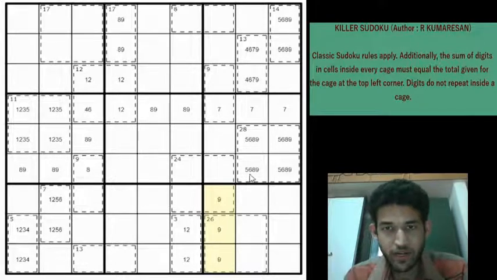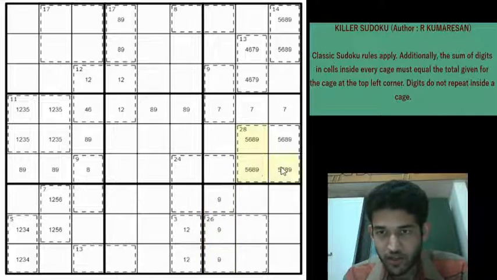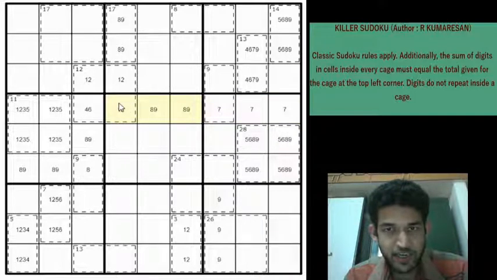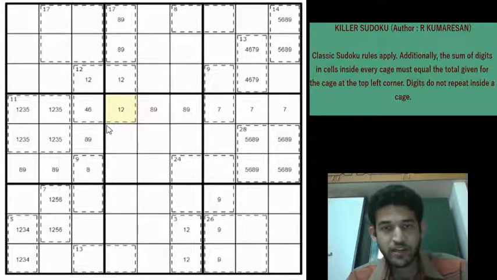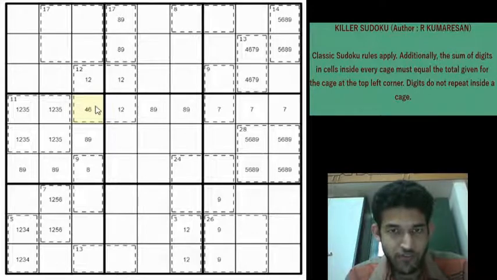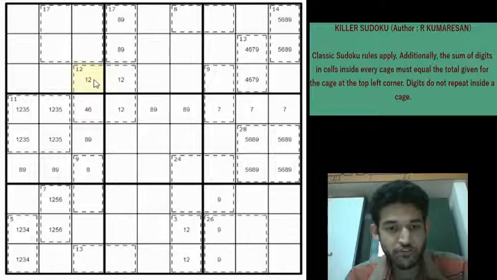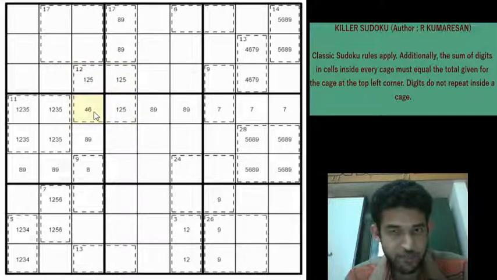Okay, right. So since we have locked 5, 6 here, we can be sure that 5 and 6 is not going to be in these 3 cells. 5 and 6 can't be here, right? Can a 5 or 6 be here? No, right? Let's look at this cell in particular. We have narrowed down this to a 4 or a 6. So if it is a 4, then you will have 1, 2, 4 and 5, right? So 5 must be in all the cells. And if you have a 6 here, then the rest of the cells must be 1, 2 and 3, right?